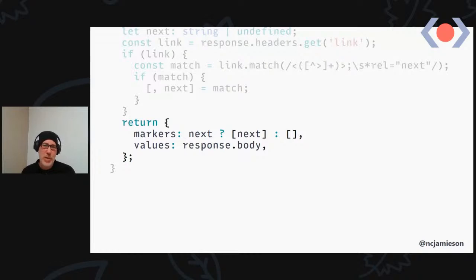If you think of a family tree, it is a graph. If we were using traverse to traverse a family tree, we would only have one value. So in our factory, we would return to the traverse implementation the value, which would be the person, so we would have an array with one person in it. And the markers would depend upon which direction you were traversing the family tree.